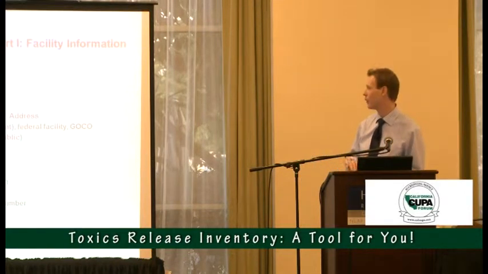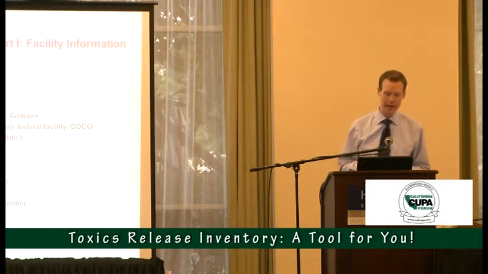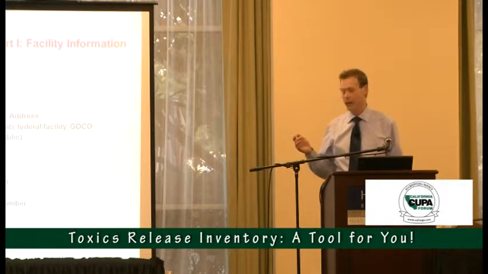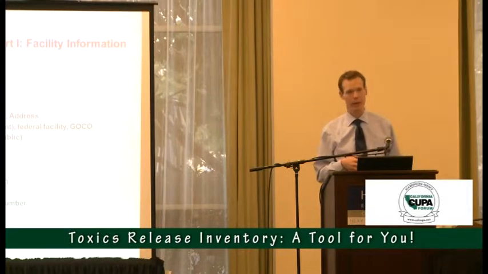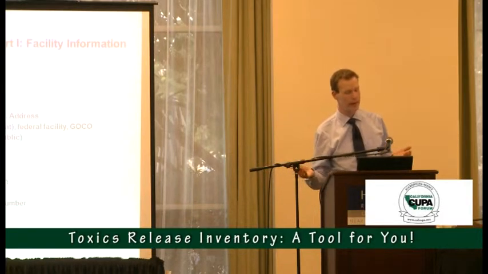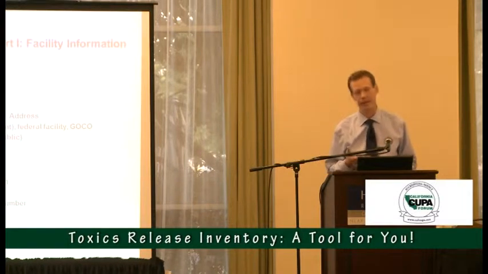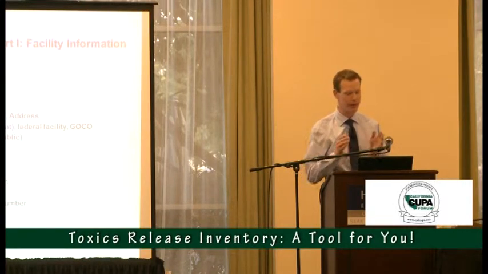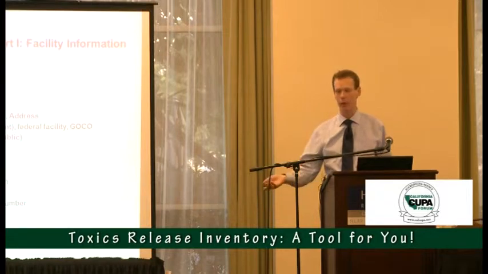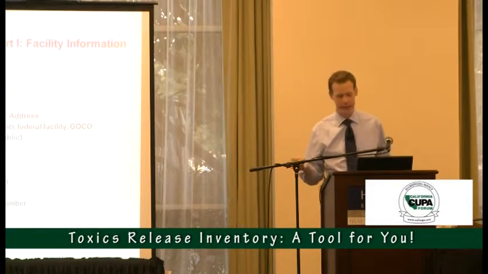Then you provide your NAICS code. Many facilities report multiple NAICS codes if they're involved in multiple activities, and Dun and Bradstreet number. Next, they then provide parent company information, and TRI has been working on standardizing parent company name and information on a federal level, so that activities nationally can be looked at more cohesively at the parent company level. So you could look at, say, Dow Chemical Company, and by identifying just the parent company, you could roll up all their activities in the United States, or if you were more concerned on the state in California or